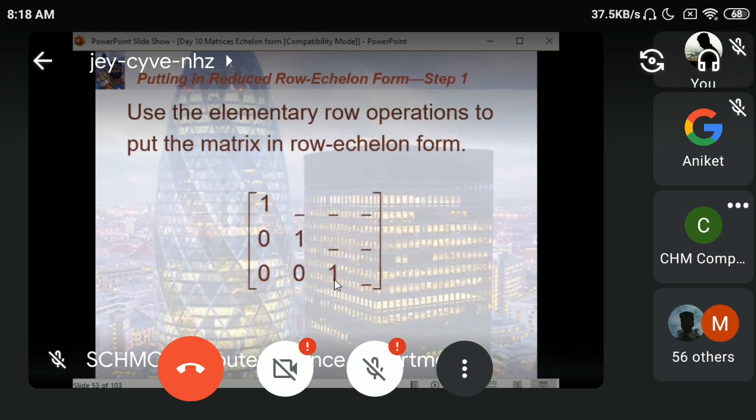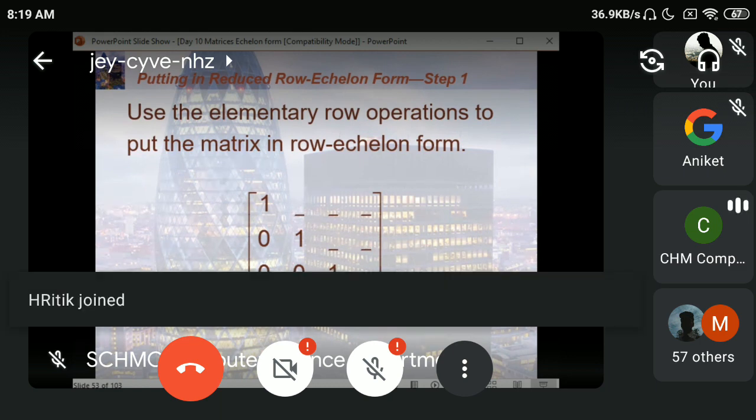Which are these steps? First, this was the row echelon form. Using the elementary row operations, your augmented matrix is put in this form, and we go one step further. Now please note, we started with the first row, first column, we got 1 and all the entries below that 0. Then we concentrate on second row, second column, all the entries below that 0. Then third row, third column as 1 and all the entries below that 0. Now since there are no entries below, this will be the last leading entry in the last row.